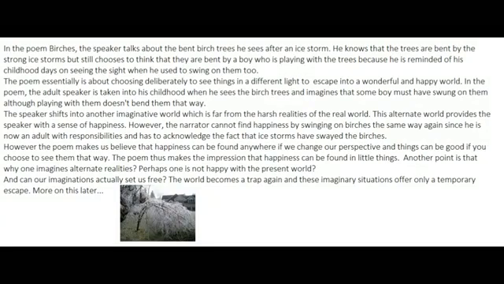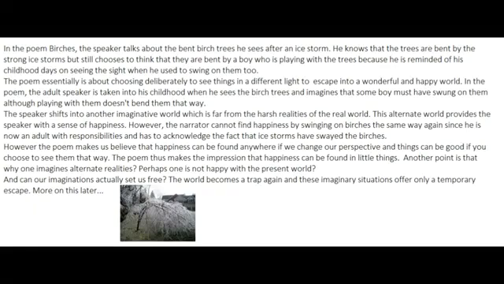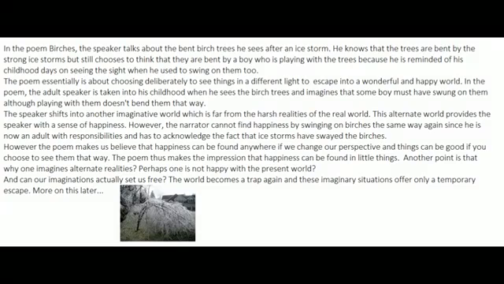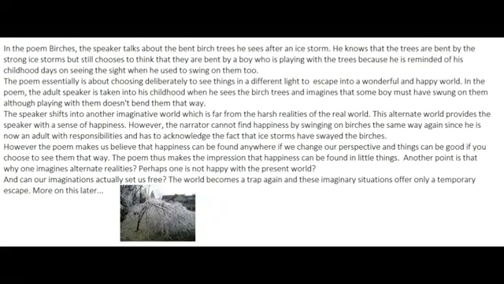Okay, so this is what is happening in the poem. This is what the poem is all about. In the poem, the adult speaker is taken into his childhood when he sees the birch trees and imagines that some boy must have swung on them, although playing with them doesn't bend them that way. Okay, so the ice storms have bent the trees badly, but when a boy played with them, they did not